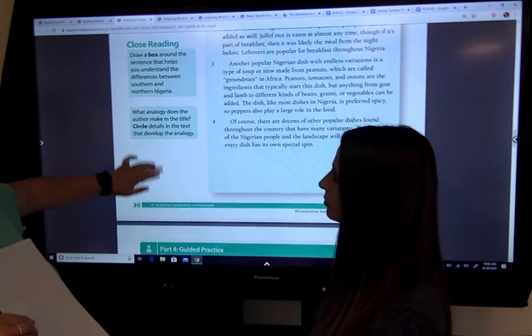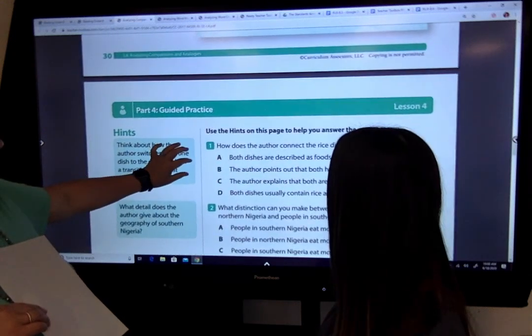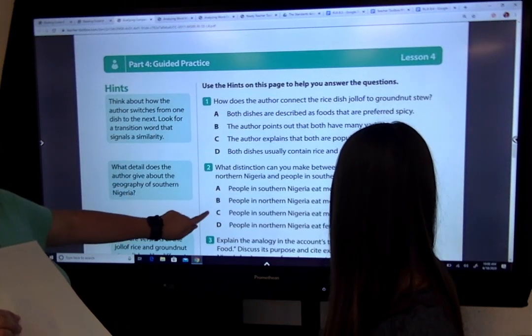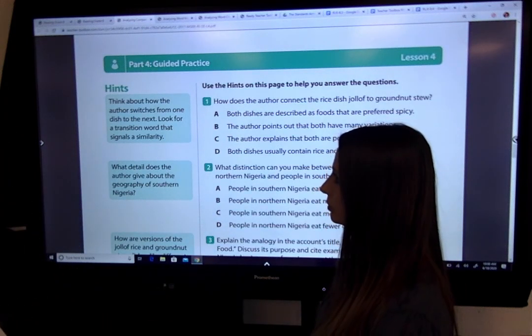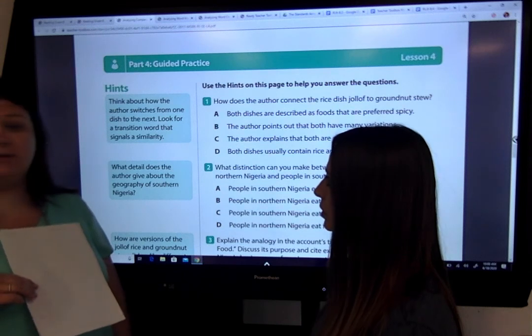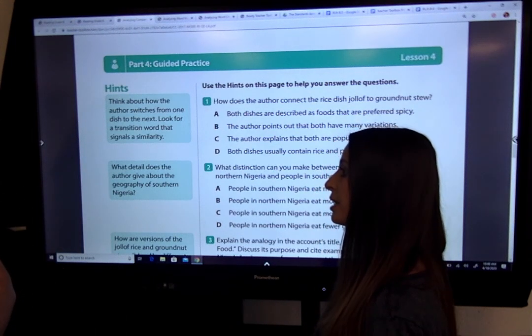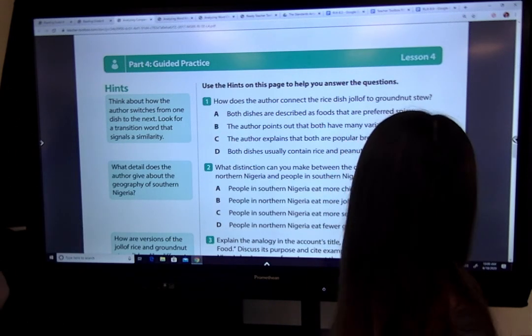So it's important that you go back and read all of your choices, because in this particular question, it said it pretty much word for word. The direct answer, right there. So your answer would be people in southern Nigeria eat more seafood. And for 6th and 7th grade, both of these kinds of questions would apply. Now, for 8th grade,